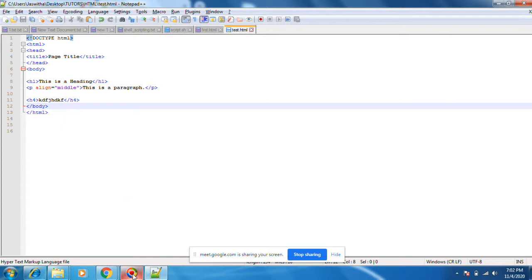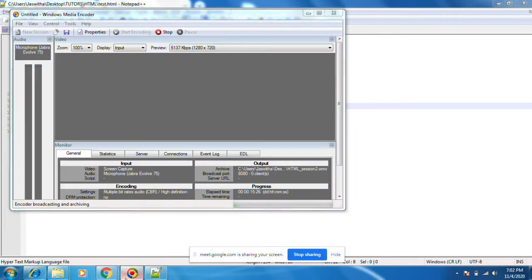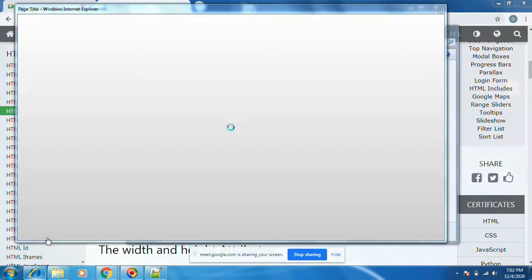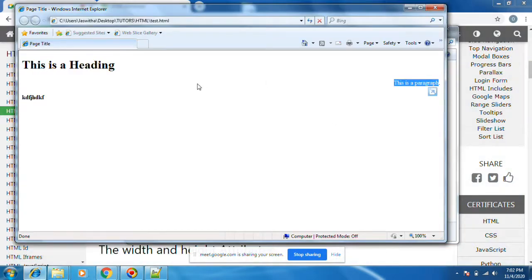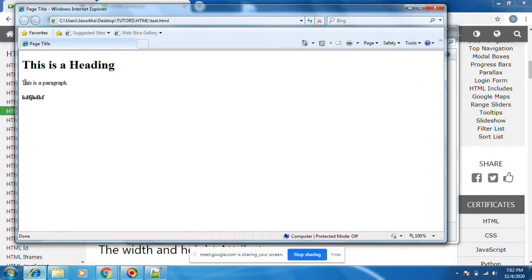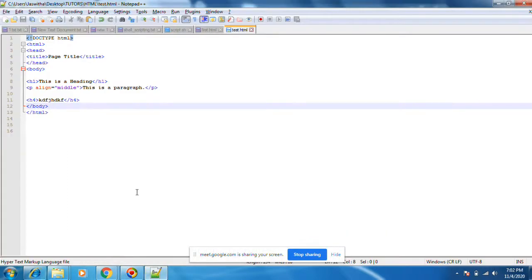I am just showing how attributes work. Let me refresh this page, this should come to the middle. Something is a problem.